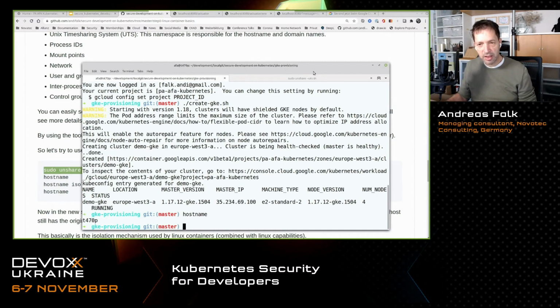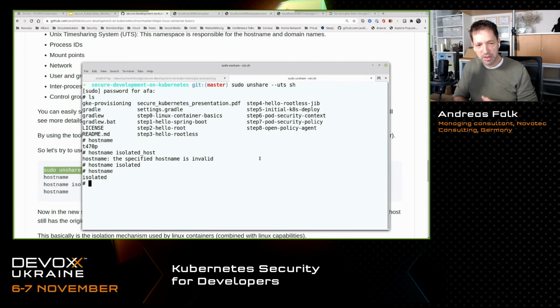So I have isolation via the host name namespace in that case. So that's a poor container simulation for host name. But you can imagine you can do that for all the other namespaces as well. And that, in fact, is done by your container technology. So the containers are just isolated using such namespaces as I've used here.